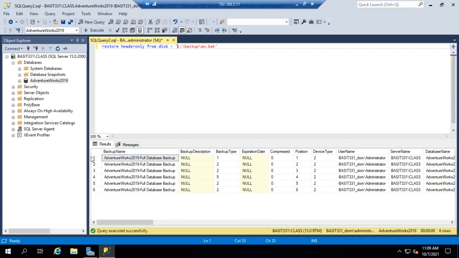I did a full backup, so it's in spot 1. I have a full backup. Backup type 1 means it's a full backup. Backup type 2 means it's a transaction log backup. Backup type 5 means it's a differential backup. So you can see here we did a full backup, 2 transaction log backups, a differential backup, 2 transaction log